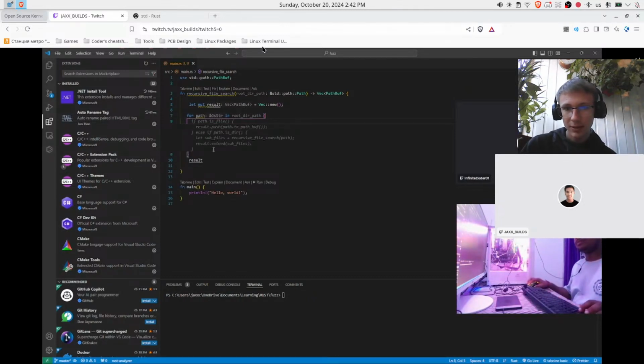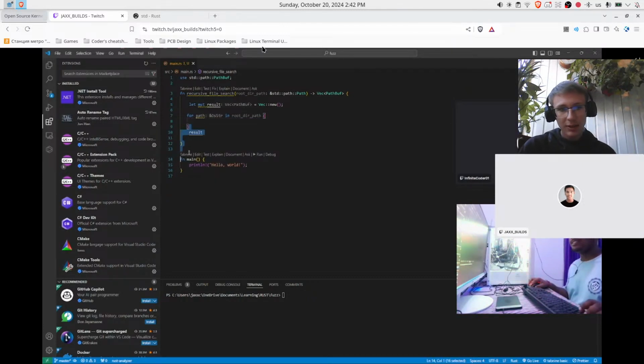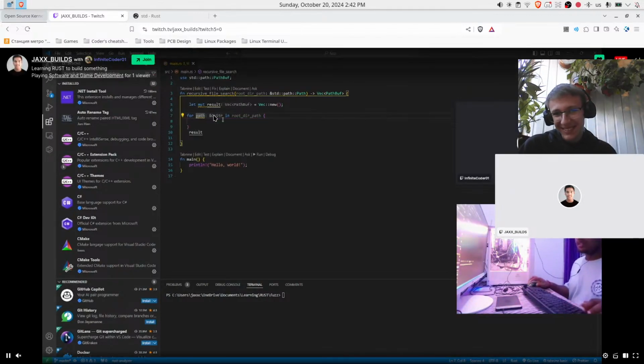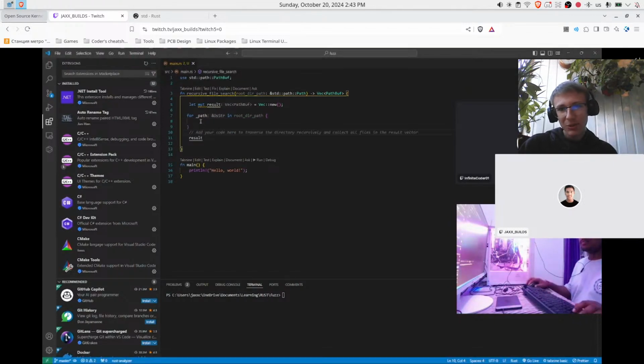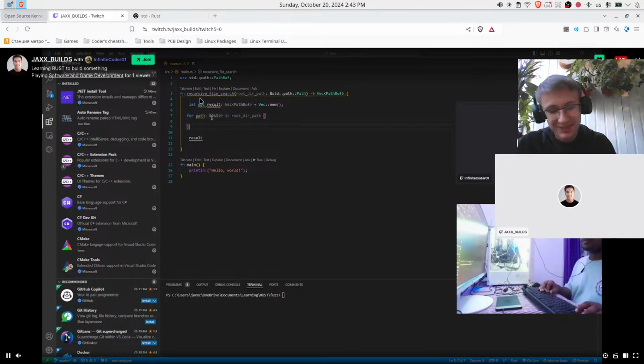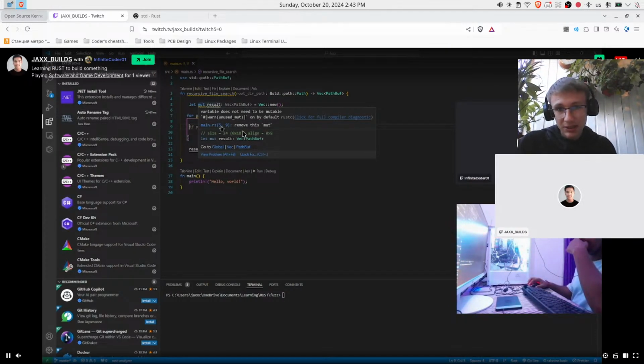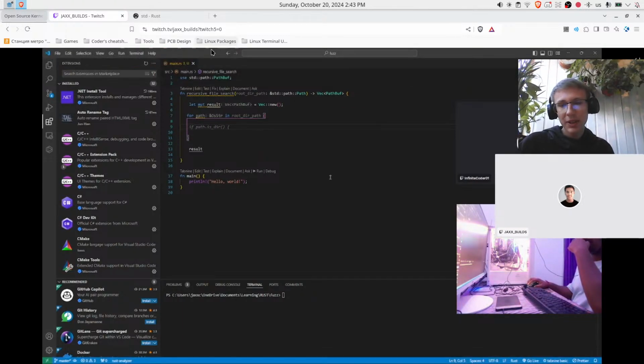Okay, what is Rust saying? If intentional, prefix it with an underscore. Don't worry about it. The variable is unused. Don't worry about the warnings until you compile, by the way, at least for now. So you can't just write for path in root_dir path. Root_dir path is a path. You need to iterate through each file in a directory. To do that, you use, I think, what is called